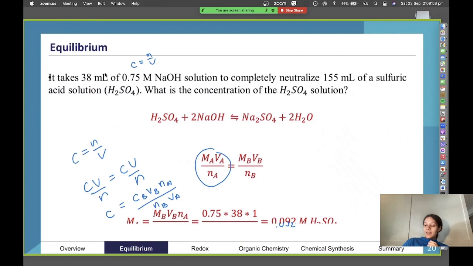So basically the steps here are that, out of C equals n over V for the base, we have our volume and also our concentration. So we rearrange to solve for n of the base. Number of moles of base equals number of moles of acid at neutralization of the titration. So that n value is the same for the acid. Again, we want to find our concentration of the acid, so we sub in that n value from the base, and the volume we have is the 155 mLs. Then that's how we find our missing concentration. There's a couple of different ways you can approach that question, but that's the main gist of it.